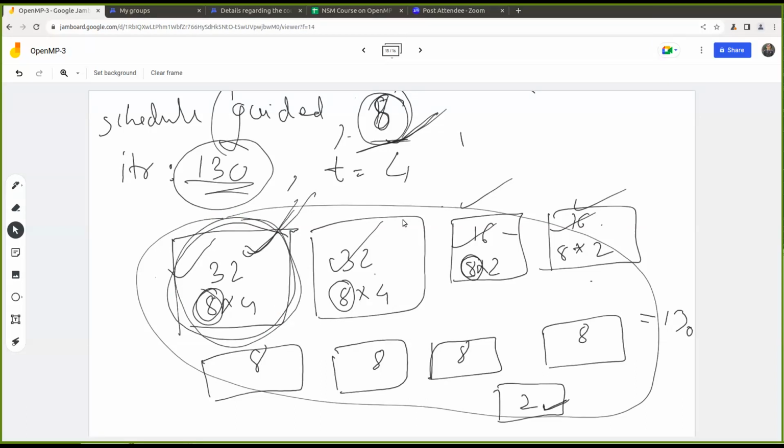My question is, first of all, how have we decided about this 8 by 4, 8 by 4, 8 by 2? How is it being decided? That is being decided because each time the work being assigned is halved. That is why these chunks are being created. So guided is only dividing the work and then distributing it, reducing the amount of work each time. That is what guided is. Okay.